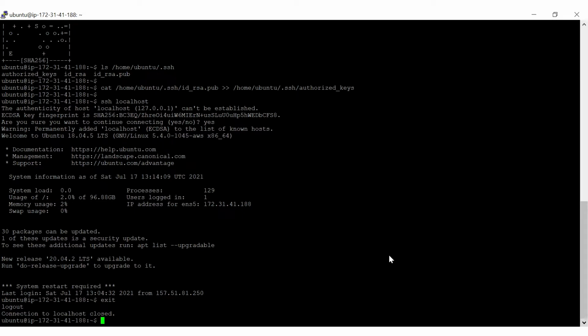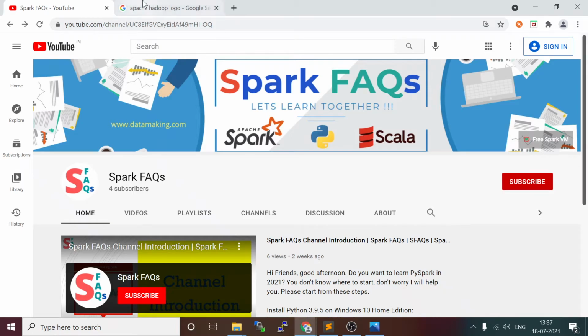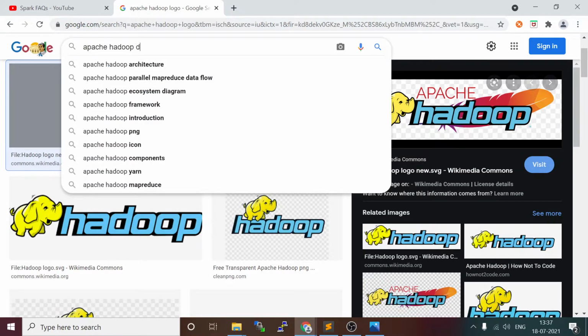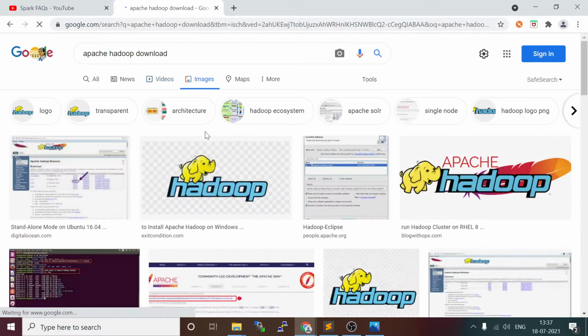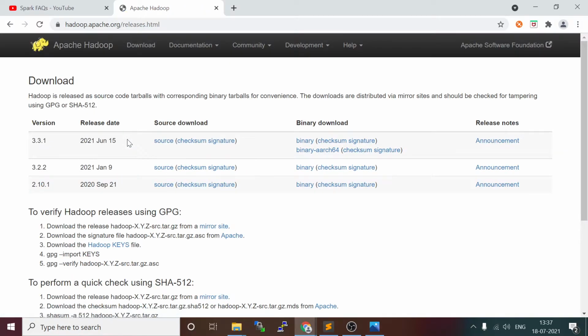So I just exit and come out of that SSH localhost connection. Now I'm going to start installing Apache Hadoop. From the Apache Hadoop official website, you can go to Google and just type Apache Hadoop download, and you can click on the download page of Apache Hadoop, and you can click on this binary.